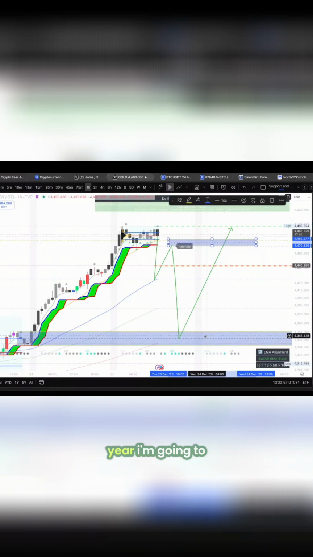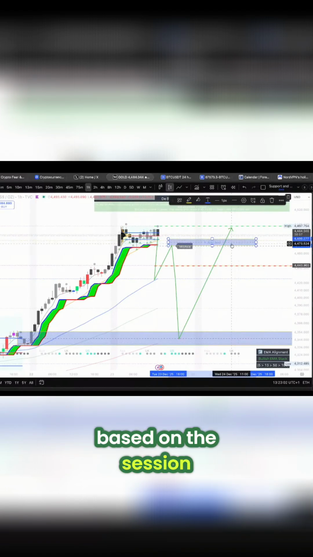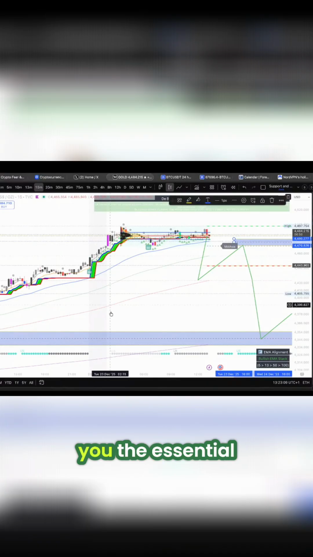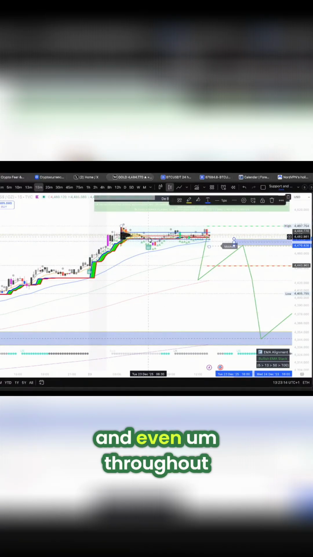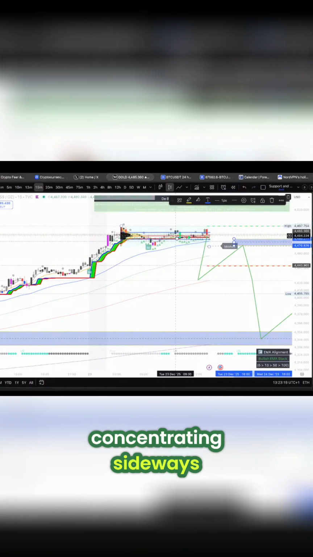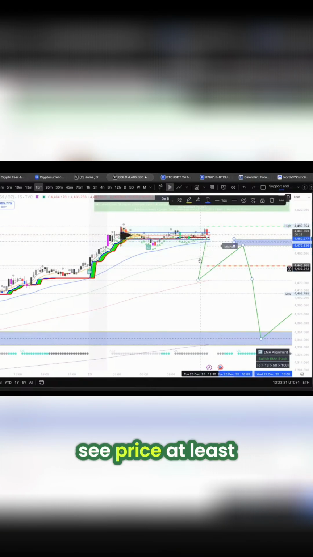So I'm going to look at my long here, I'm going to look at shorts here, and all based on the session times. I'm seeing here on the session times that throughout the Asian session, price has been moving sideways, and even throughout the UK session, price has been consolidating sideways. So if we see the US open and break and close below, which I think is going to happen, then we want to see price at least get towards